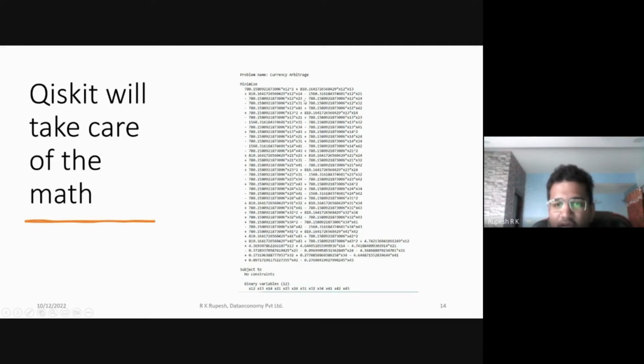But if you carefully take a look at this, some of these terms have two coefficients, while others have only a single coefficient. This essentially corresponds to certain quadratic terms in our optimization function, as well as some linear terms. Within Qiskit, there is a simple way to extract the quadratic and linear terms, but as such, it's not a very hard task to do. Any kind of symbolic math library like SymPy or Mathematica can do this for you.